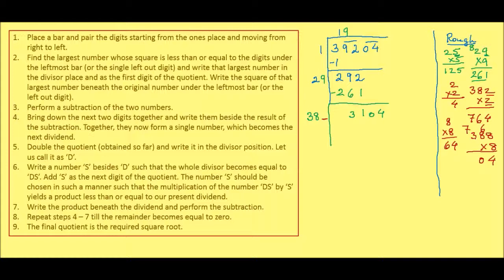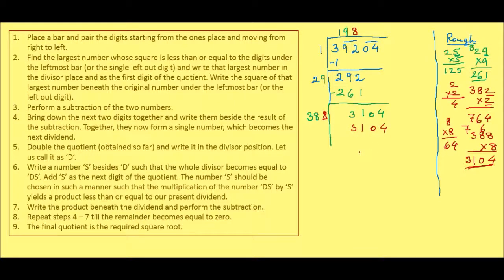And 8 times 3 is 24 plus 7 is 31. Now we see we are getting 3104, which is our present dividend. So we will be putting an 8 over here as well as an 8 over here. So 388 multiplied with 8 gives us a product of